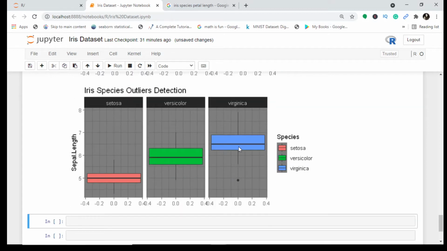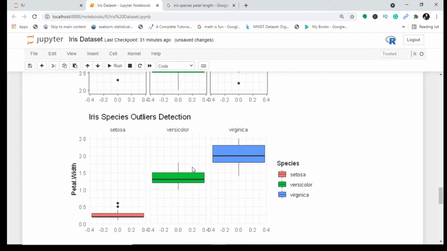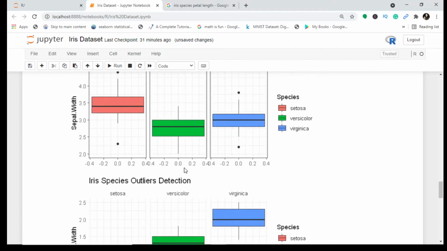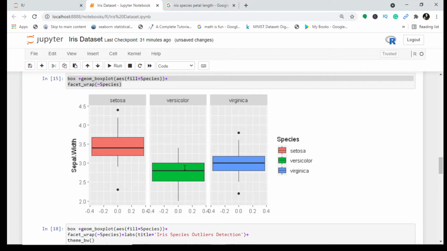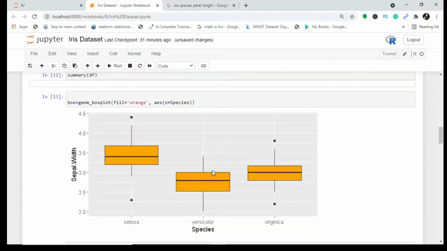So this is how you can infer, and this is the dark theme. Looks quite good, right? And we find that in sepal length we've got outliers in virginica. So a pleasant way, using facets and themes, to show the outliers of the iris dataset. Since the iris dataset is very classic, it is not having many outliers, because it is a very balanced dataset, with very few outliers.